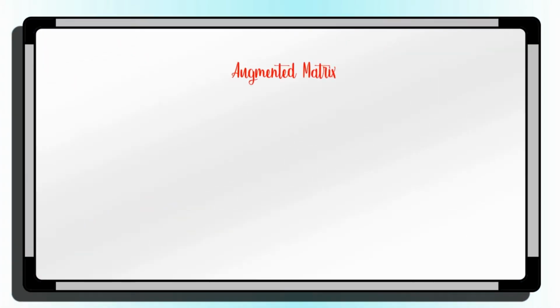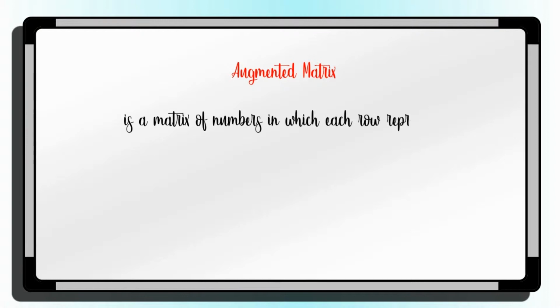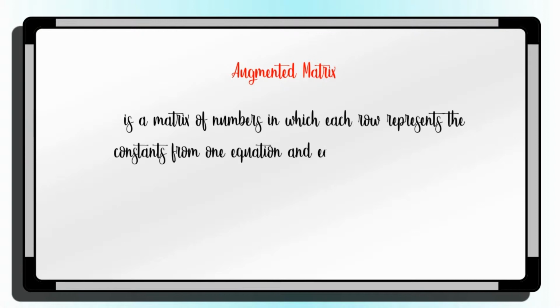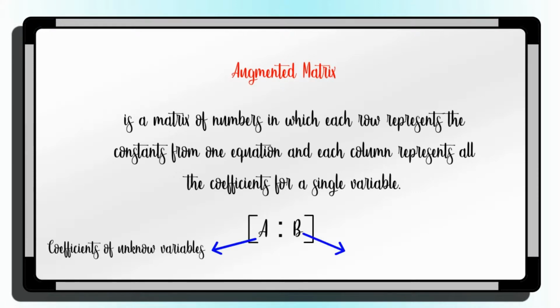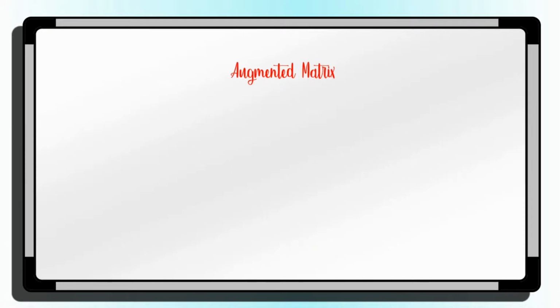An augmented matrix for a system of equations is a matrix of numbers in which each row represents the constant from one equation and each column represents all the coefficients for a single variable. Example: